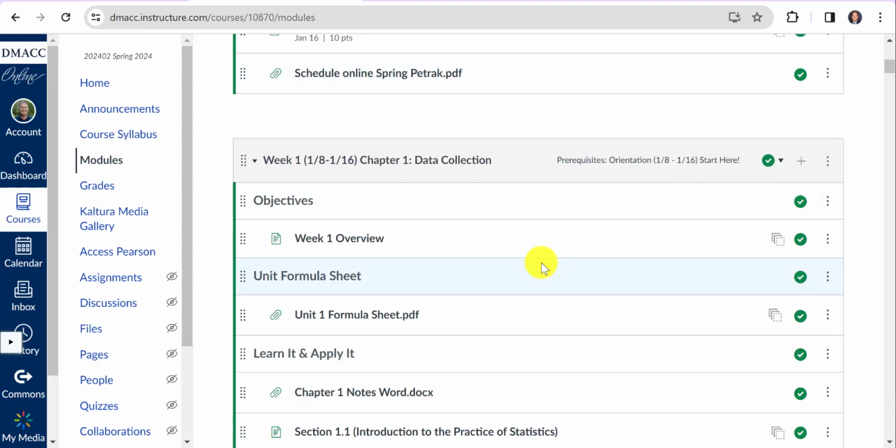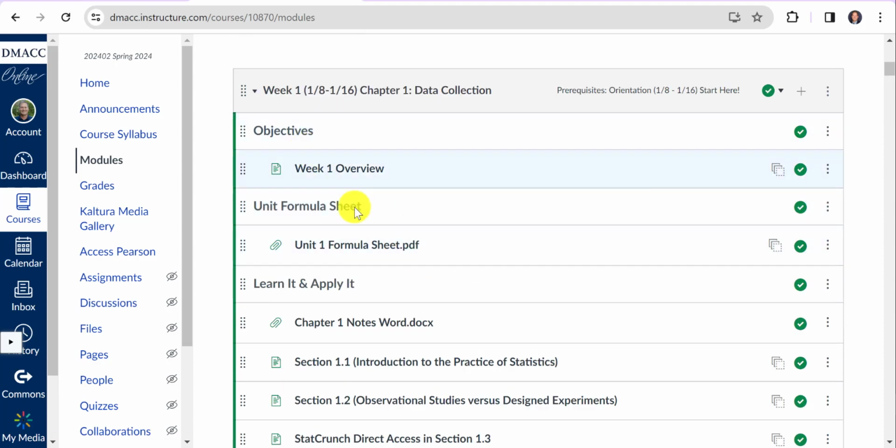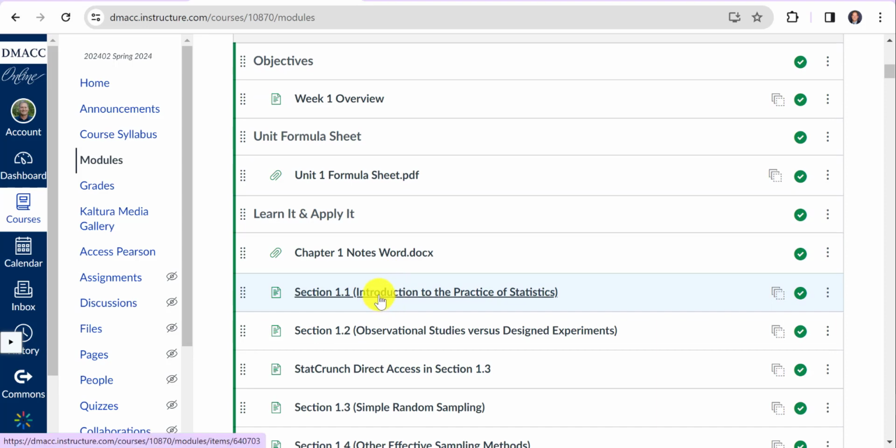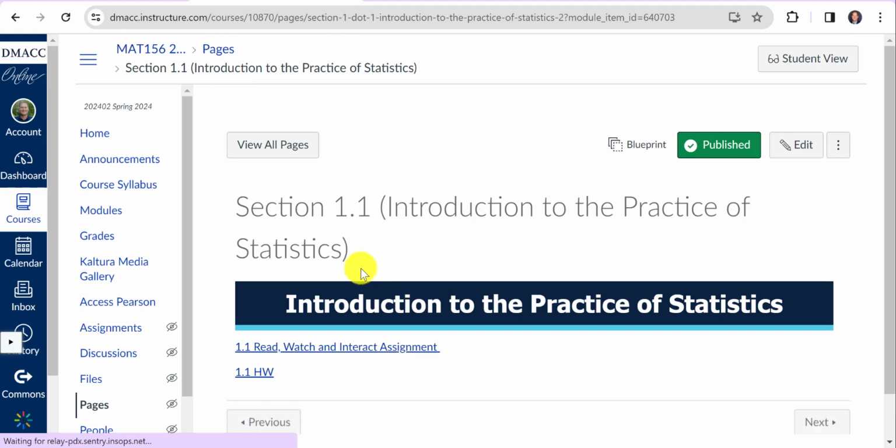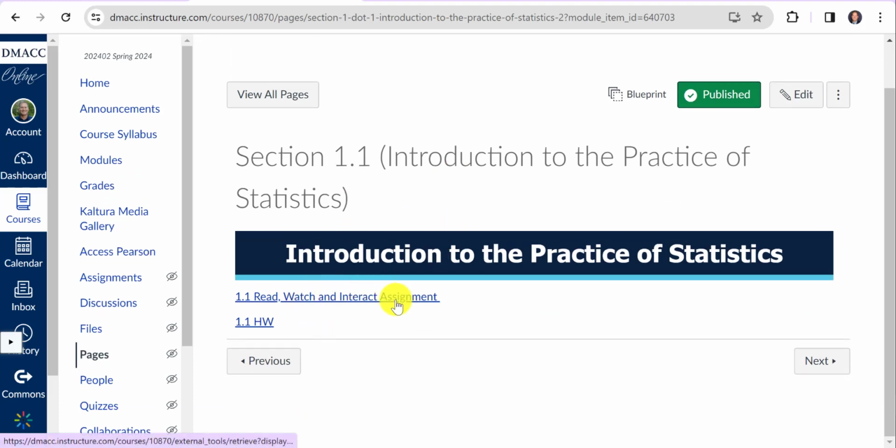And then week 1. If you look at week 1, this is what you'll go through. In each section, for instance section 1.1, there is both what we call an interactive assignment and a homework. The homeworks are actually pretty short because we want you to spend more time in the interactive assignments. When you click on these, it's going to keep a grade for you, and you have to get 70% or better on the interactive assignments before you're allowed to even access the homework, to force you to go through the content, watch the videos, and read the material.